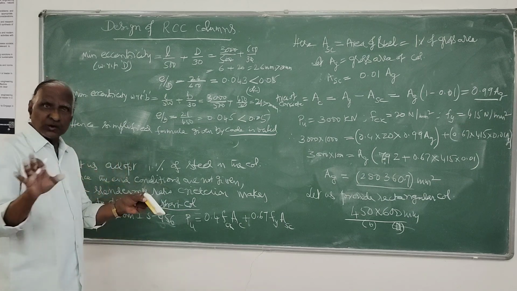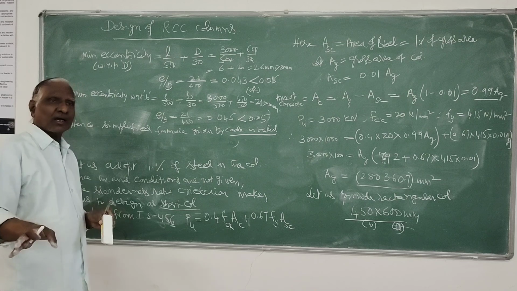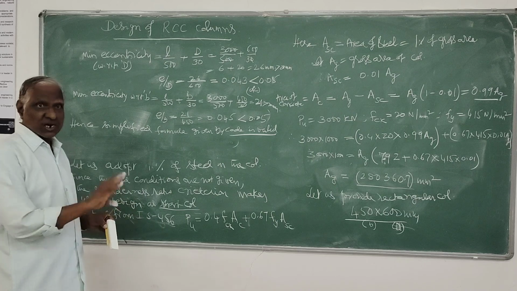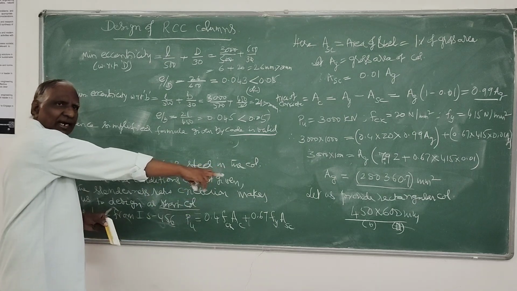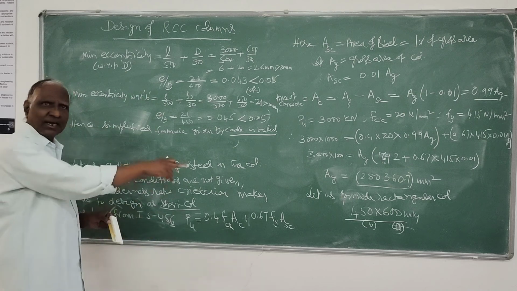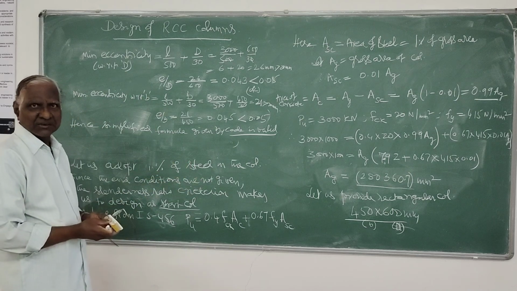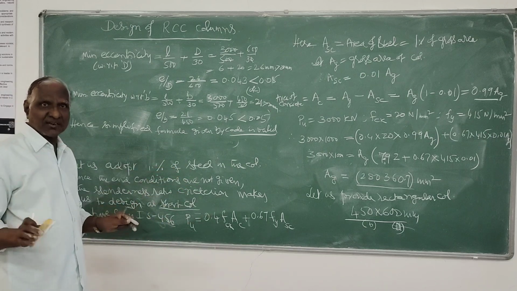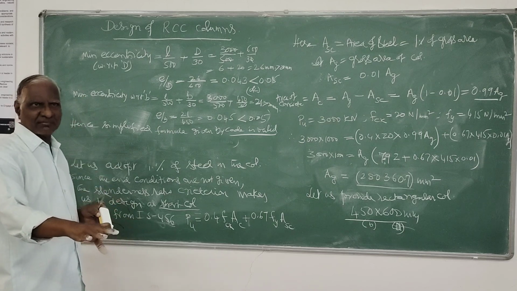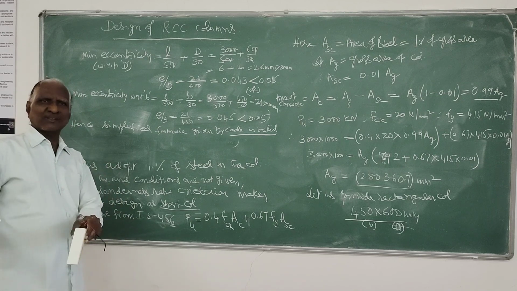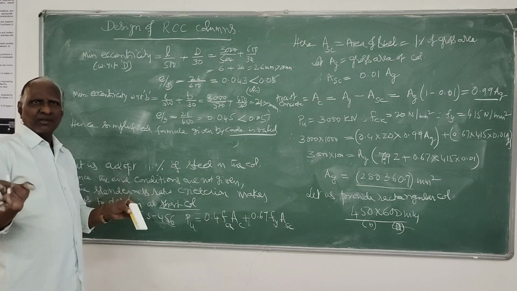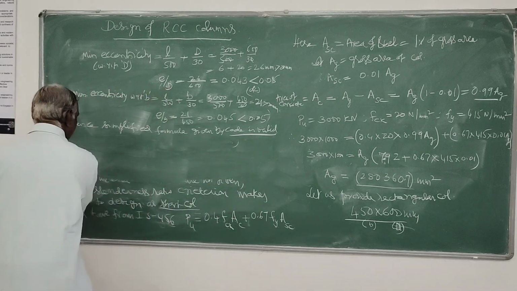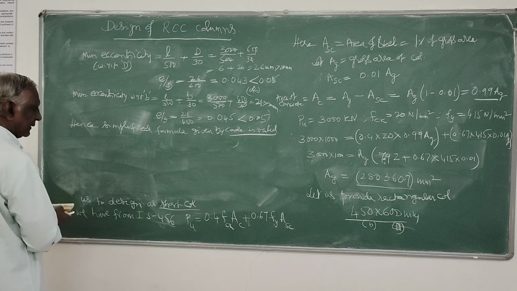Because to start with, I don't know. That's why I told you, any column may have to be checked for moment as well as axial force. To start with, we will not be knowing. All depends upon arriving at the steel area as well as the concrete area. So during the course of design only, we will come to know. Otherwise, in the beginning itself, unless it is given in the problem, you cannot just judge well before that. So next, let us find the steel area and complete the design.